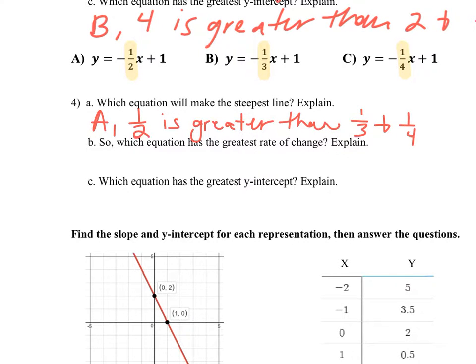And really, you could say the same thing for this next one, too. So last question. Brandy, which one has the greatest y-intercept? What do you think? They're all the same, trick question. They all have a y-intercept of